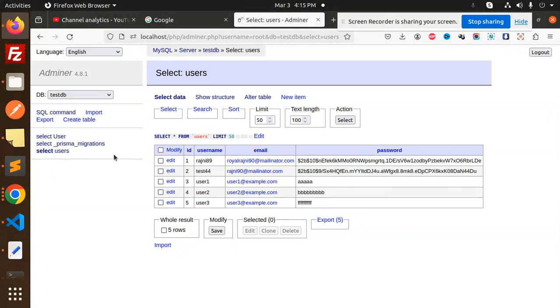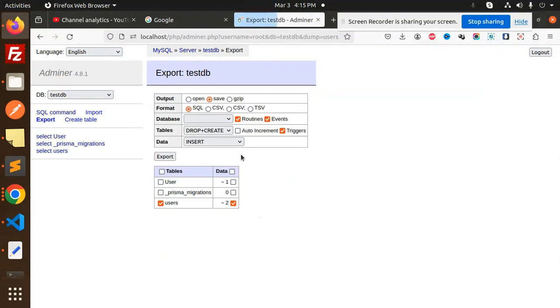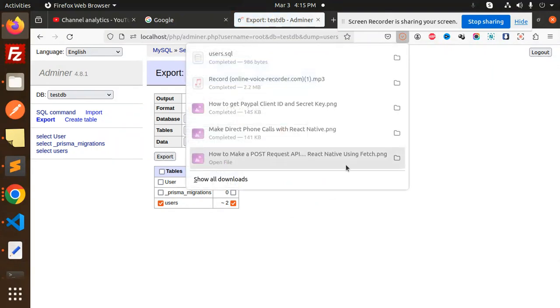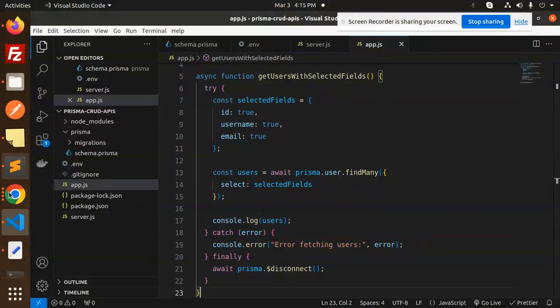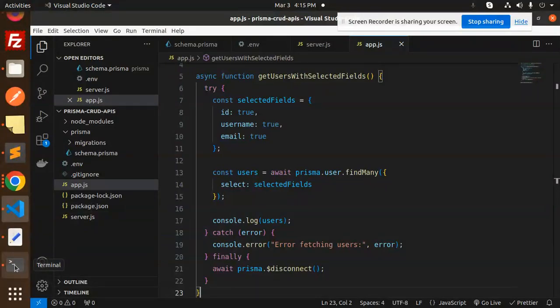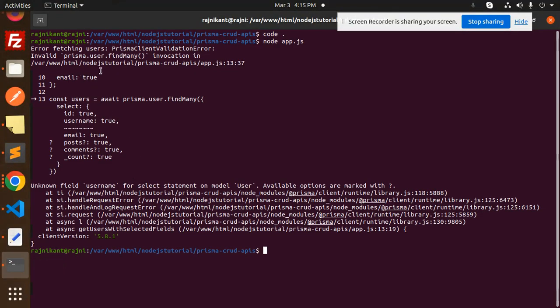Here, what are they saying about this one? Let's export this and do something. Okay, so here we have this file. Let's see what issue they are raising. So it says that email true. Const user select this email true. The unknown field username for the select statement for the model user. Okay, I think we haven't run the npx generate, right? So let's run this